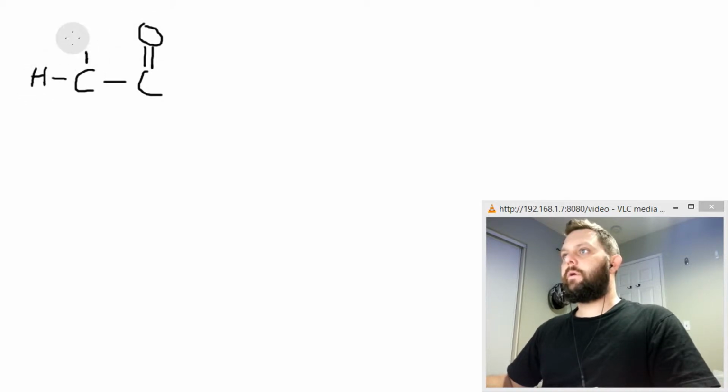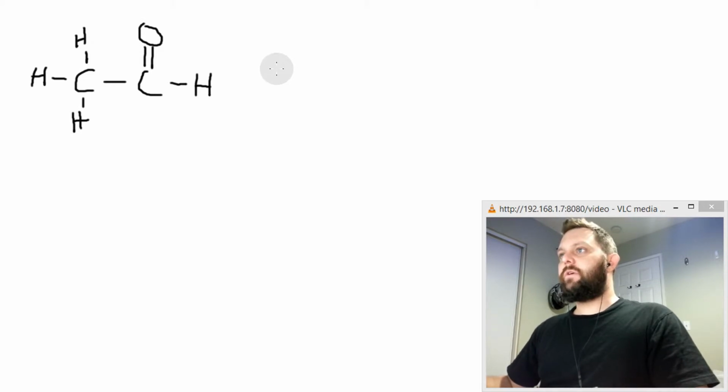We have 3 hydrogens off the left carbon, and one more hydrogen right here. Okay, so what makes this an aldehyde, off to the left here, this is our organic group, and right here, this carbon double bonded to this oxygen atom, that's our carbonyl group. So this is acetaldehyde, and what yeasts are going to be doing when they're fermenting is reducing this molecule, acetaldehyde,